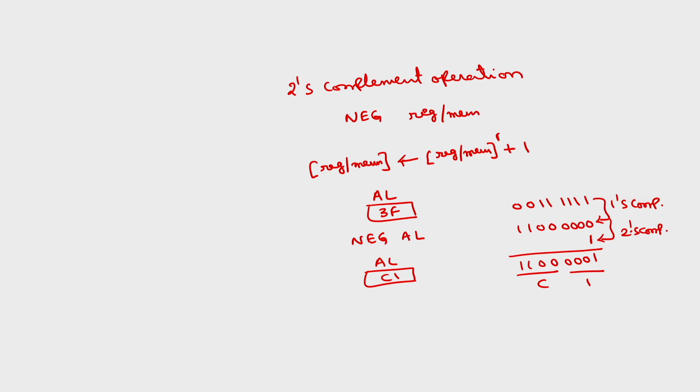Similarly, we have the other logical operations such as OR and AND. The next operation is the OR operation, and the general format of the OR instruction is OR. We have to specify 2 operands. Each operand can be taken in either register or memory, so we have register / memory 2, comma, register / memory 1. In all these instructions, both cannot be memory simultaneously. So one of them should be a register: register comma memory, or memory comma register, or register comma register. Memory to memory is not allowed.